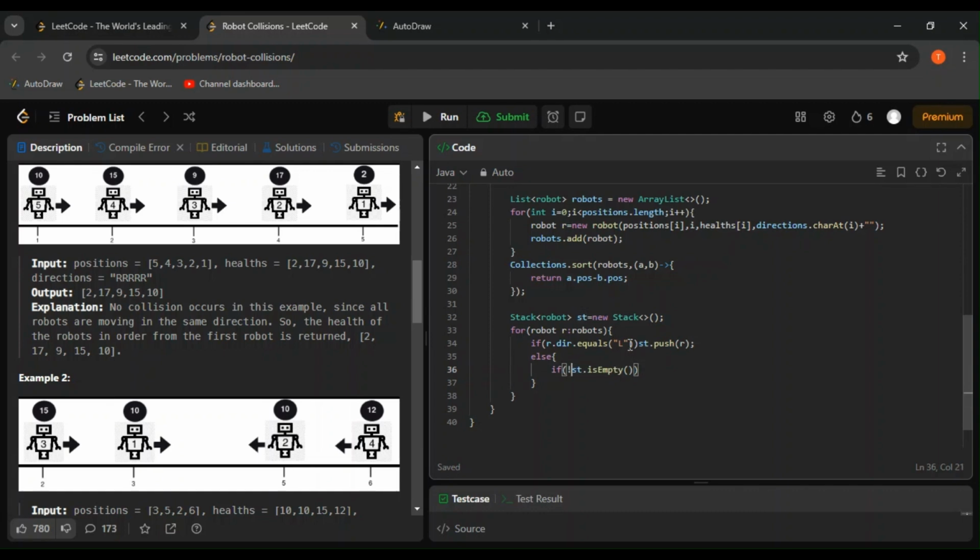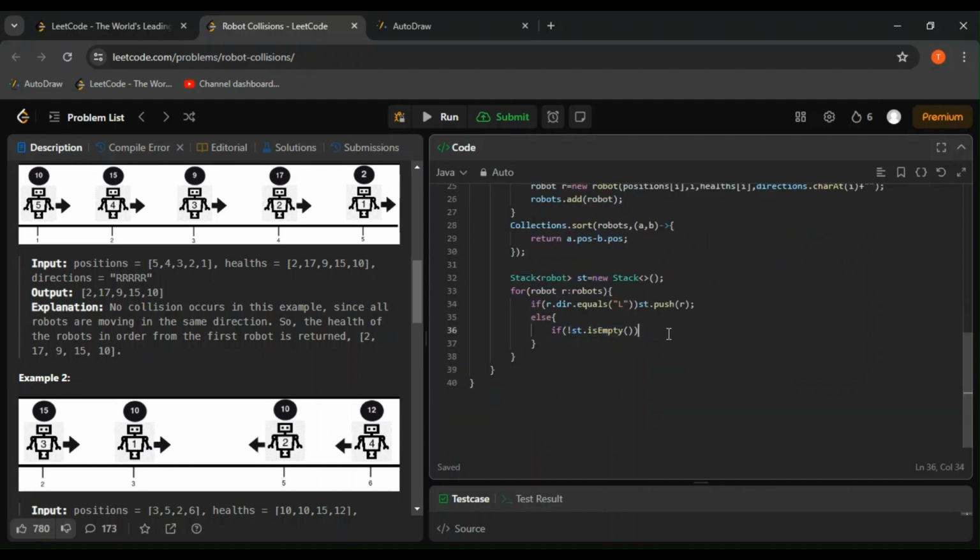So only if st is not empty, like this guy is going towards L. If this guy is going towards the right direction, we don't want to do anything. We want to preserve his health and everything. So let's just not add it to the stack. Don't do anything with it. He will remain with his original properties. Okay. Now, if it is not empty, then